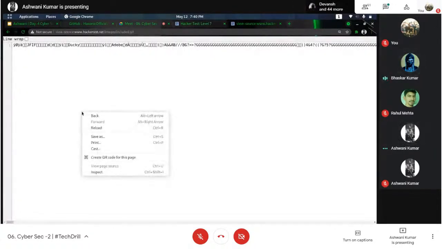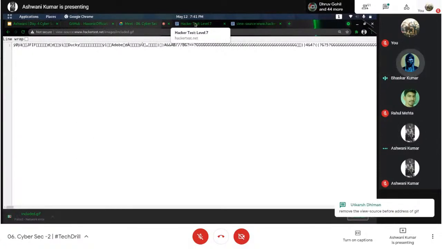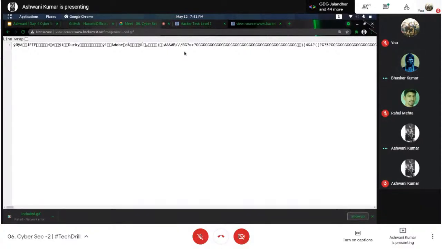Okay. So Ashwini, it's written over there in view source, right? This is the reason you are seeing the strings in the URL. In the view source, the source file is actually converting the image file, so that in forensics you can just retrieve it into the earlier form.